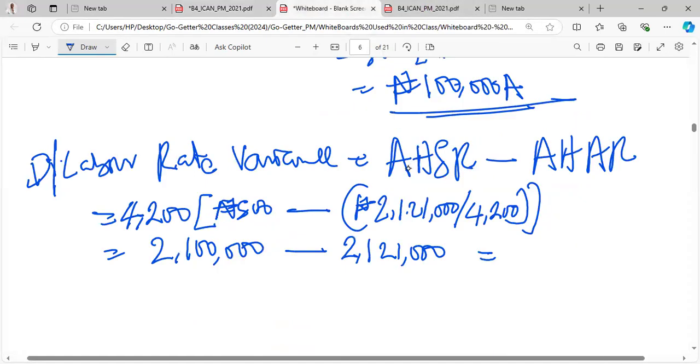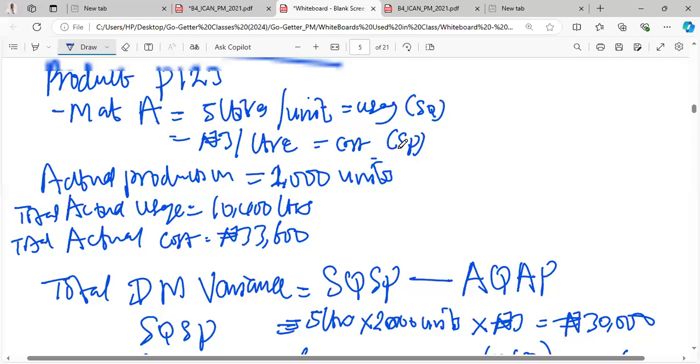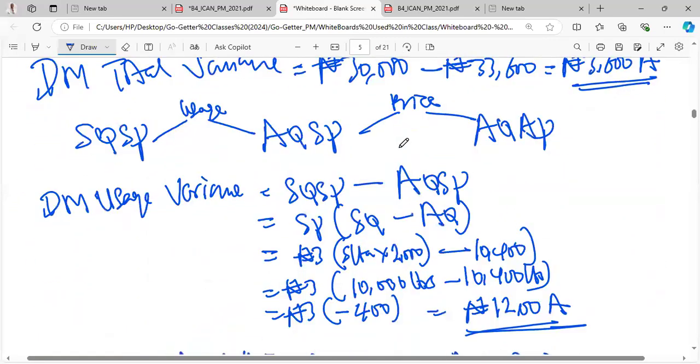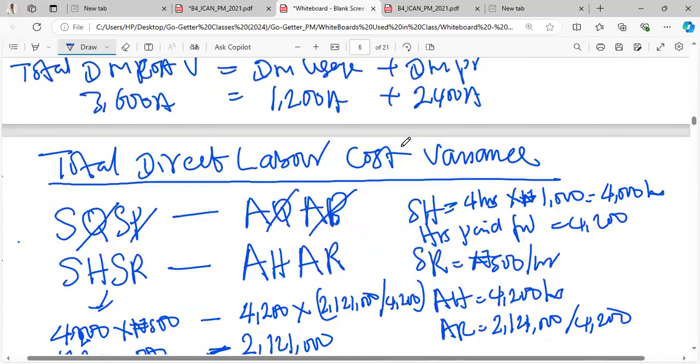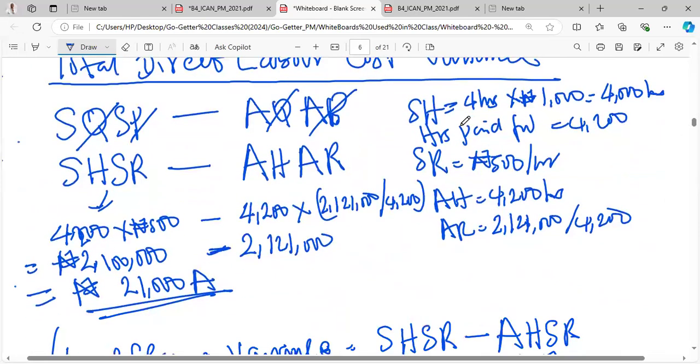So now this is 21,000 adverse, the rate variance. So it's correct. Going back to what we did before, let me correct myself here. The total cost variance